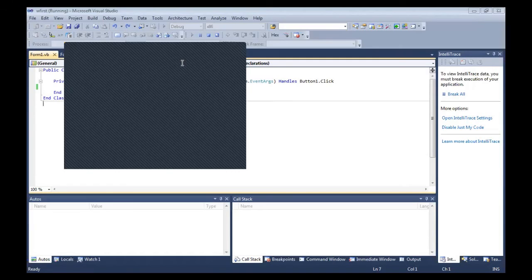You can maximize this window also. Now you need to click over the button, and it will display the message: Welcome to VB.NET.